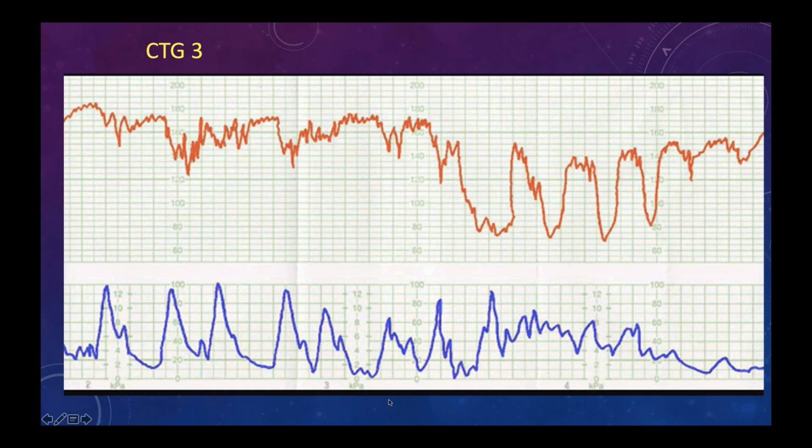First, I'll do the contractions. 1, 2, 3, 4. Ma'am, there are 4 to 5 contractions in 10 minutes. And the baseline is near about 170, ma'am. The variability is good, more than 5. And there are no accelerations. And now coming to decelerations,